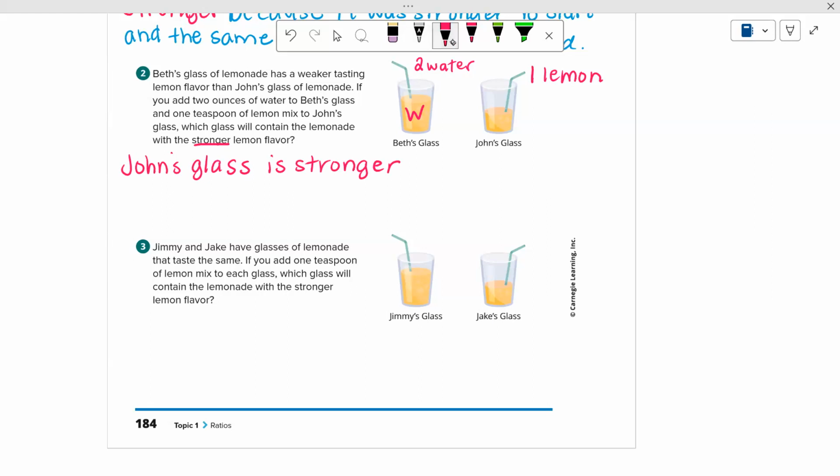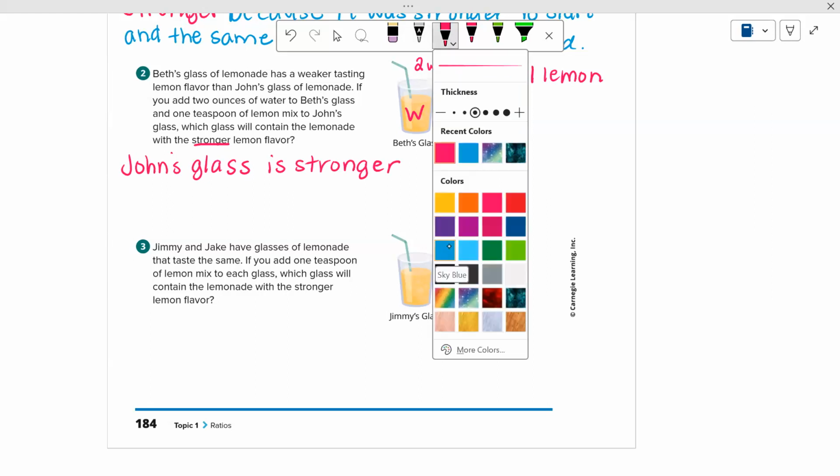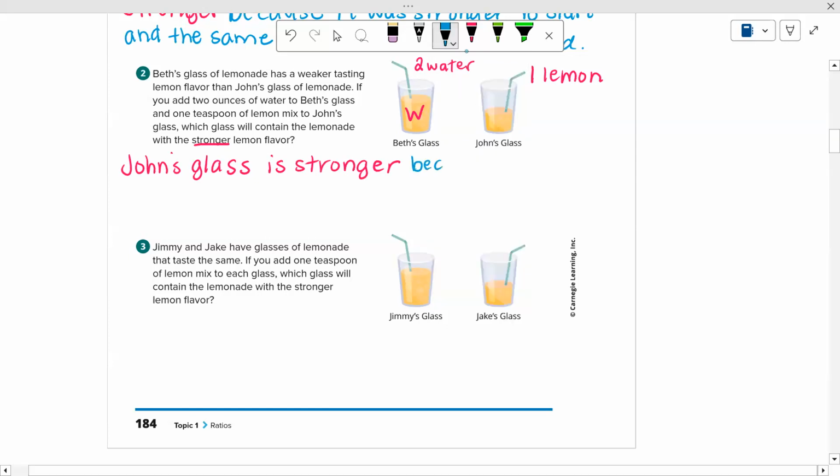Okay, but we also have to explain our reasoning, right? So we're going to go down here and we're going to explain. I'm going to use blue. John's glass is stronger because he added